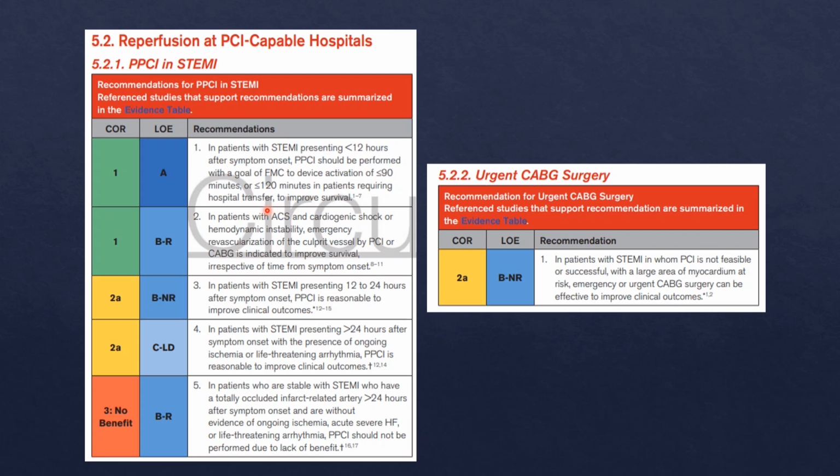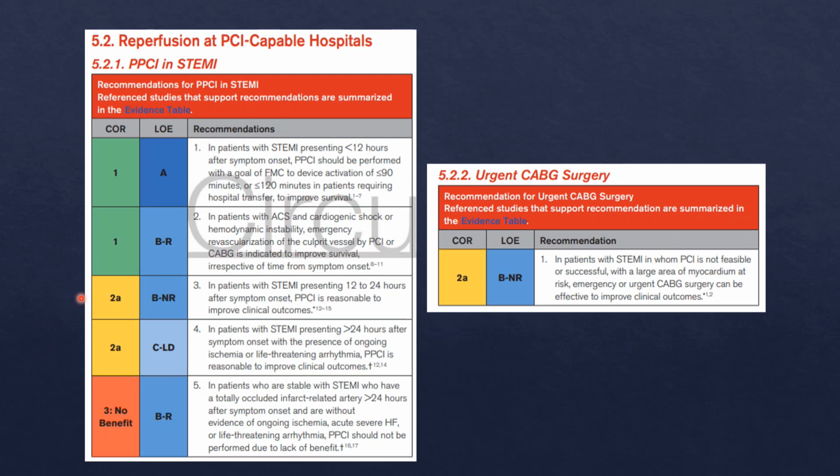If you are going to do a primary PCI within 12 to 24 hours, it will be considered a class 2A recommendation. And after 24 hours, if the patient has ongoing symptoms of ischemia or life-threatening arrhythmias, then primary PCI is a reasonable option and is again given a class 2A recommendation. For patients who have a totally occluded infarct-related artery for more than 24 hours after symptom onset and are without evidence of ongoing ischemia, acute severe heart failure, or life-threatening arrhythmias, primary PCI should not be performed due to lack